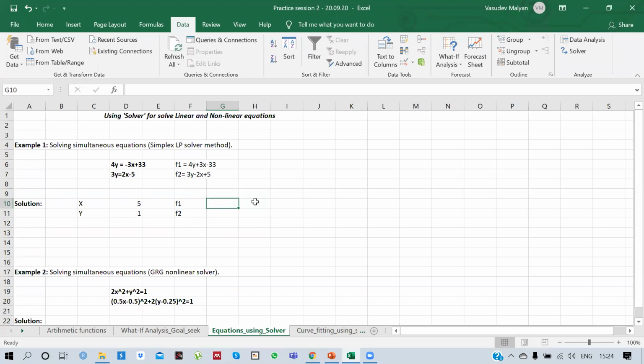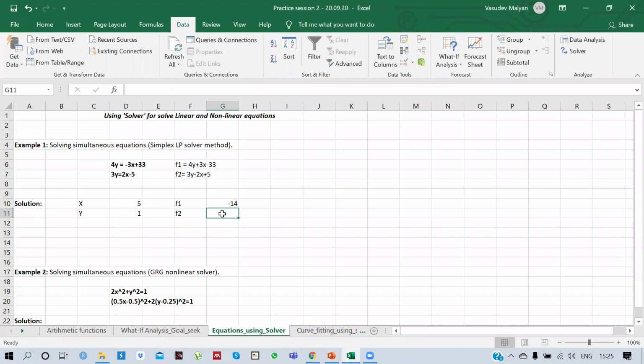So let's say I write function 1 as equal sign. So the function 1 is 4 multiplied with y plus 3 multiplied with x minus 33. So this gives me a value of minus 14 for these two values of x and y, function 1.